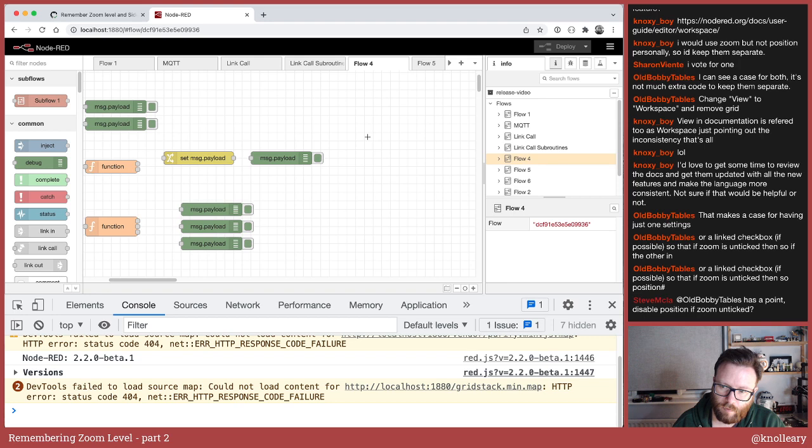So, okay, let me look again. So Bobby Tables and Steve, disable the position option if the zoom is unticked. So you're saying only allow it to store the position if it's also storing the zoom. I'm just, yeah.